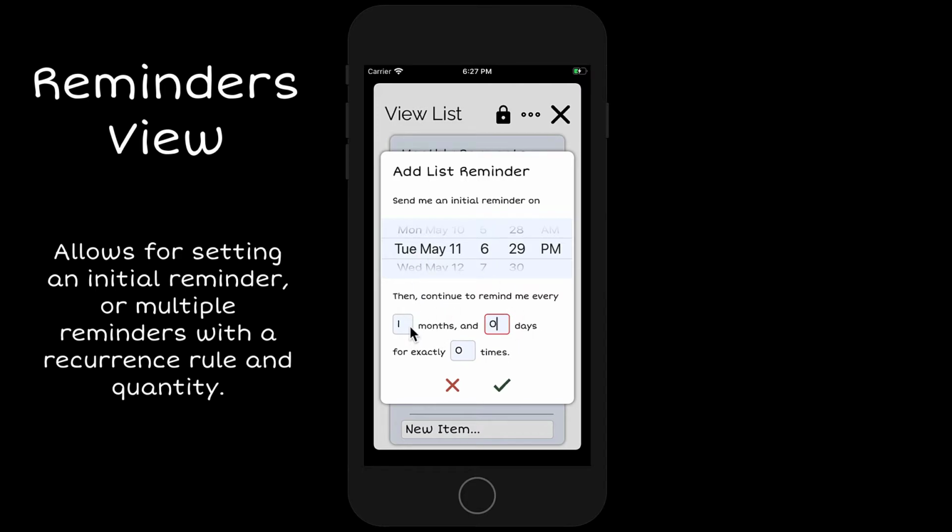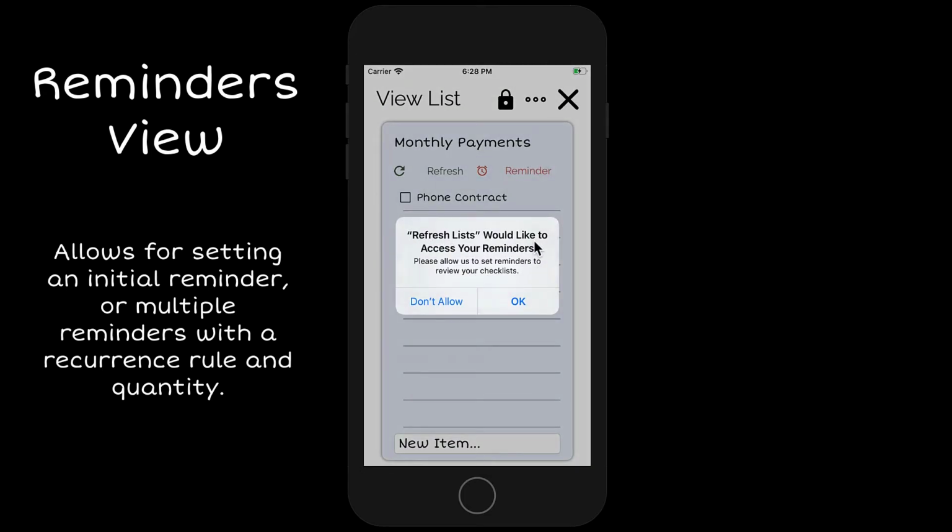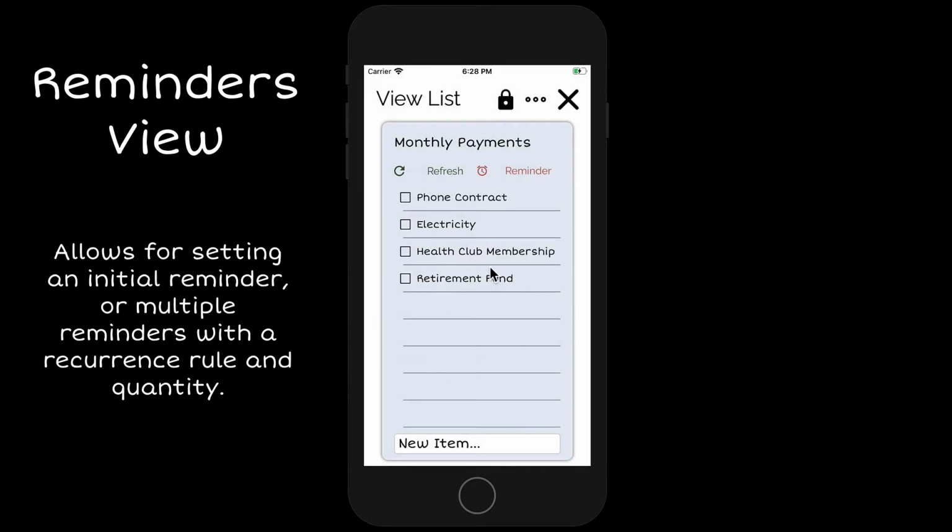And let's say that I want to set monthly reminders for the rest of the year. So what I do here is I'd have my initial reminder, and then I want to continue to be reminded for an additional 11 times like this. So we have to give permission to access the reminders, and once we do that, we'll see that 12 reminders